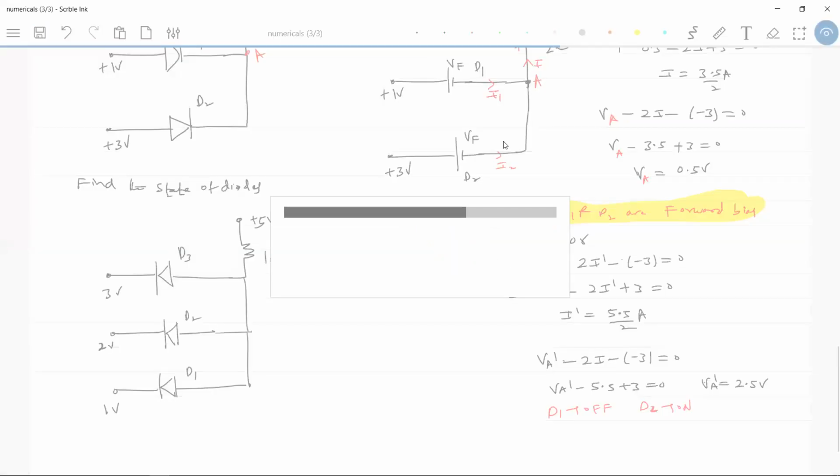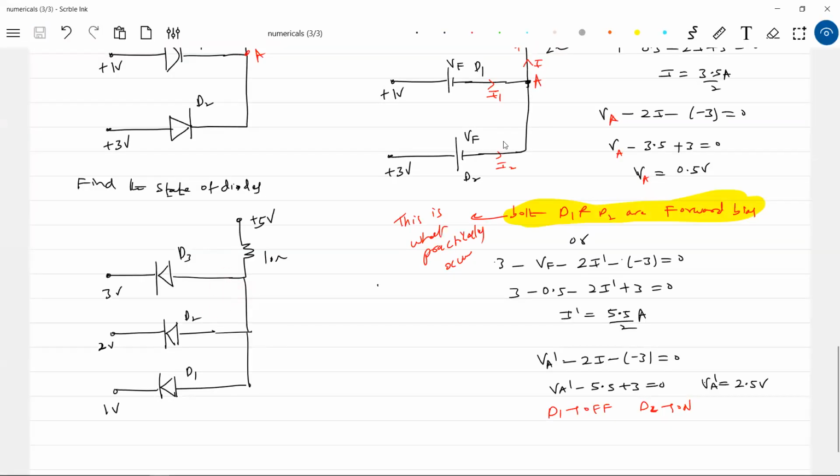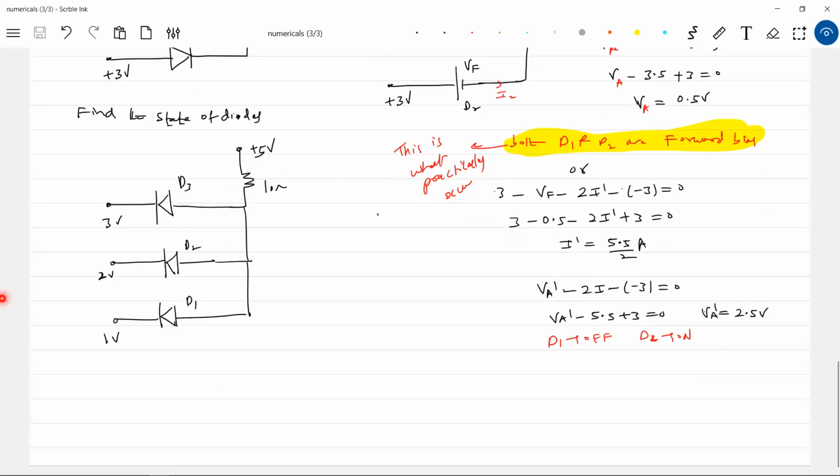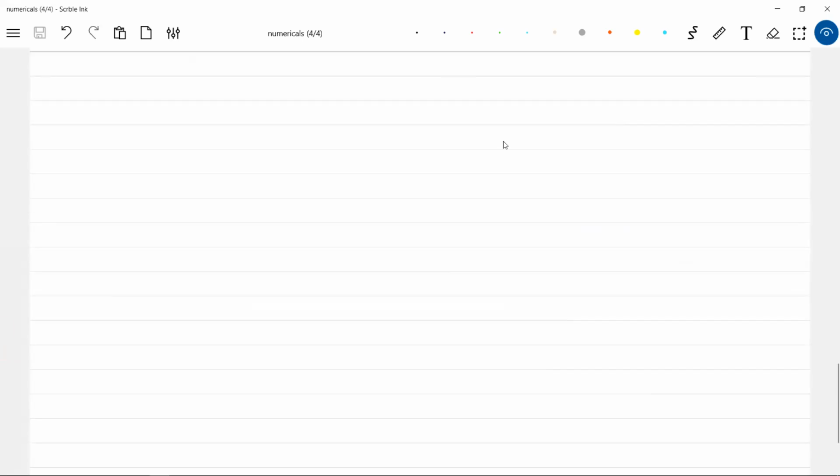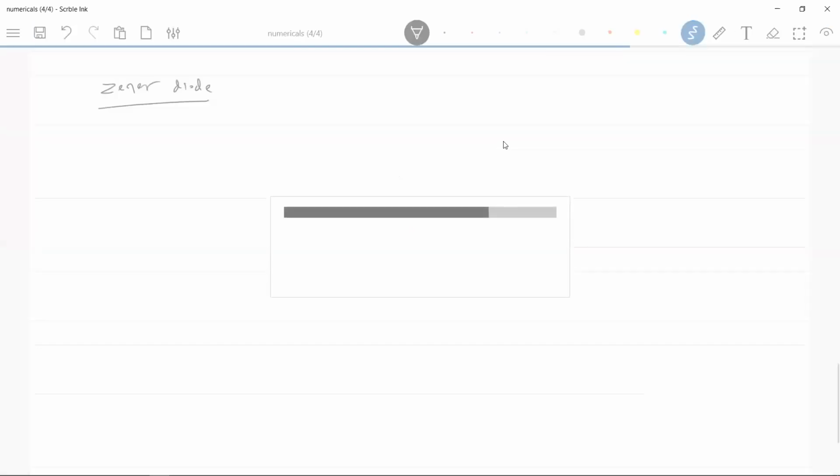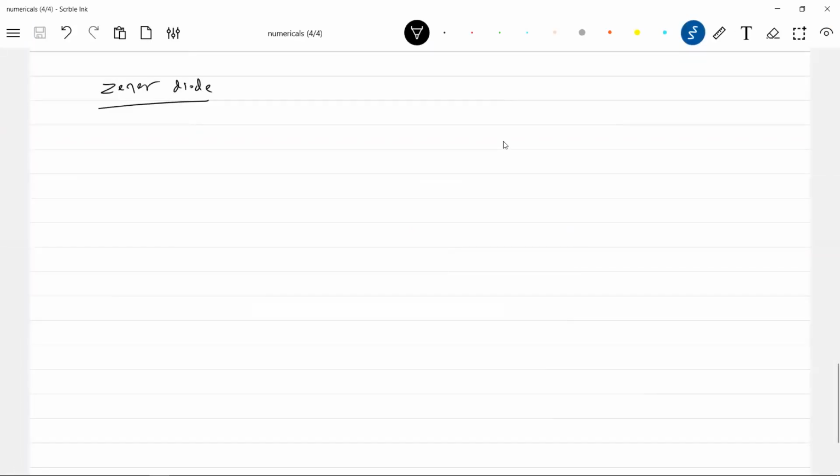Okay, similarly, try this one. There is a possibility of asking a similar question, so you have to try this one. Okay, let me go to the Zener diode. Already yesterday I explained the concept. Only a brief circuit introduction I'll give, then we'll go to the transistor, because for the transistor we have hardly discussed any numericals. For the Zener diode, I think around 8 numericals is what I discussed, if you can remember.